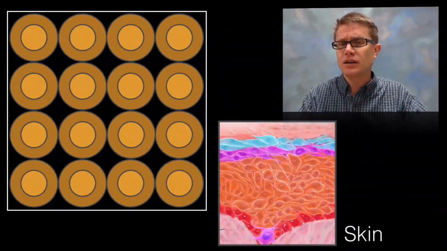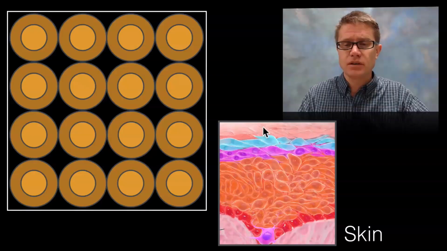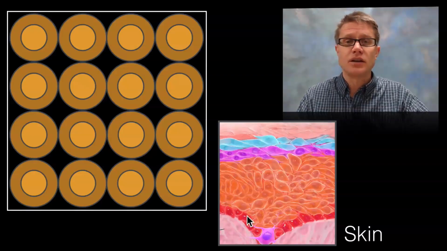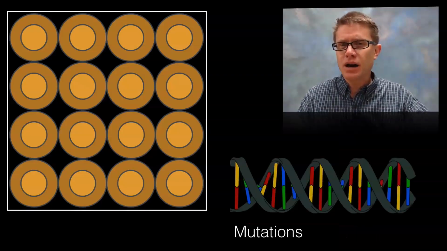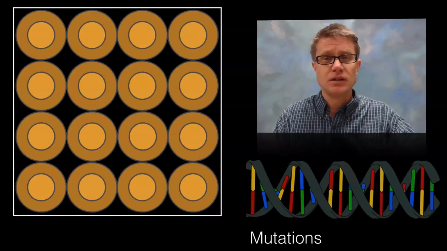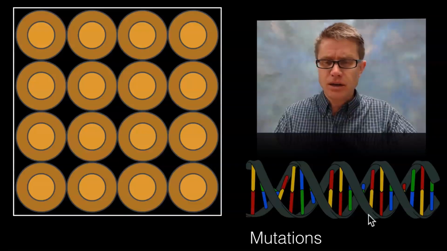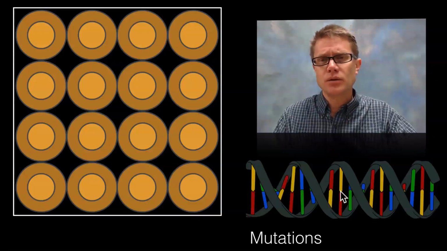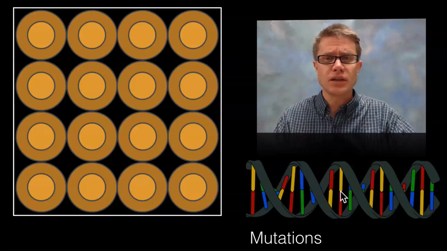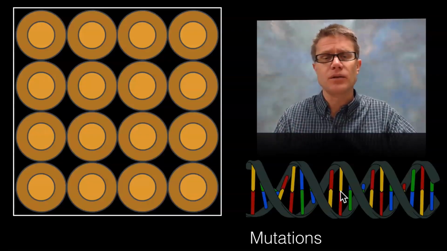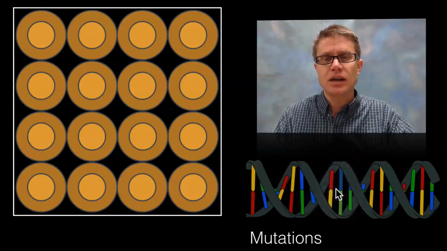And so your skin is constantly losing cells off the surface, but we're creating cells underneath that. And so the cause of all cancers is the same. There's going to be damage to the DNA. And so that DNA is made up of what are called nucleotides. And there are tons of genes in there that are controlling this cell cycle, when a cell should make a copy of itself and when it should stop dividing. And so a mutation is simply damage to that DNA.